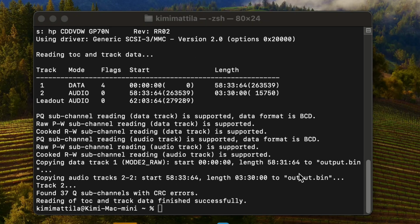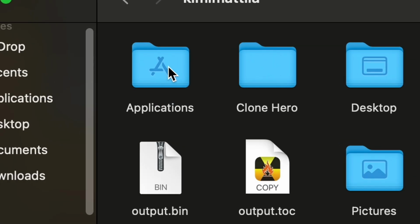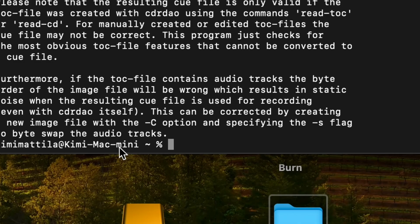Once we are done, you can find these files by going to your main Mac drive, entering Users, then choosing your username, and that's where you find both output files. Now we want to create a .cue file that PlayStation emulators, for example, use, and we can do that by entering this command into the terminal and pressing enter. And with that, you now have 3 files: